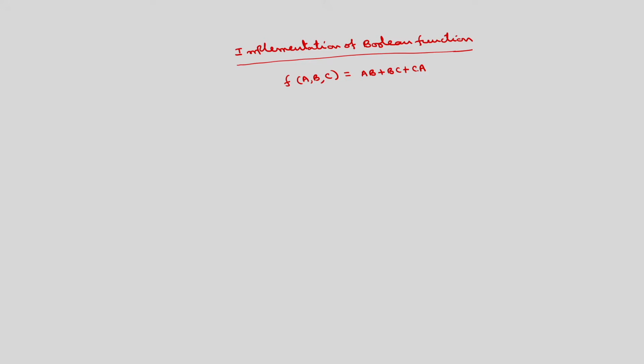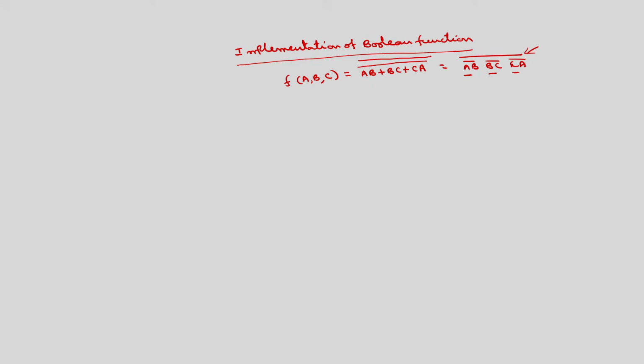So, in order to implement using the NAND gates, I can represent this as double bar. If I take the double bar, you will get the same value. So, if I evaluate the lower one according to De Morgan's law, P plus Q plus R bar is equal to P bar into Q bar into R bar. So, this is A B bar, B C bar, C A bar. This is one NAND gate, this is another NAND gate, this is another NAND gate, overall this is another NAND gate. Okay. So, how to implement this?